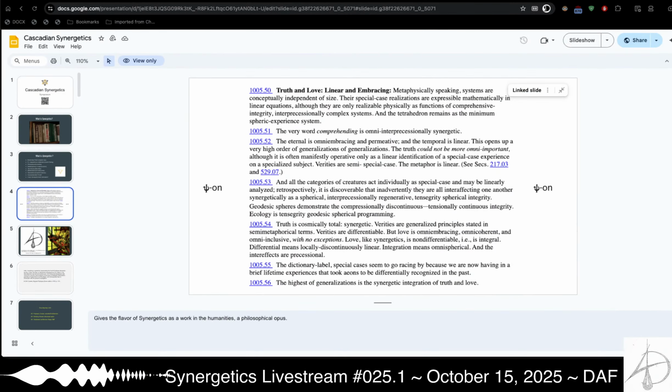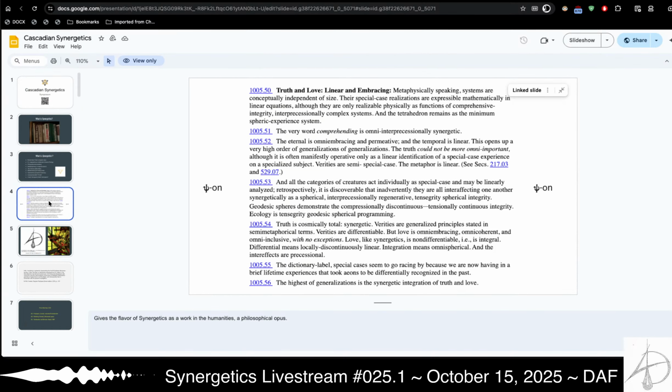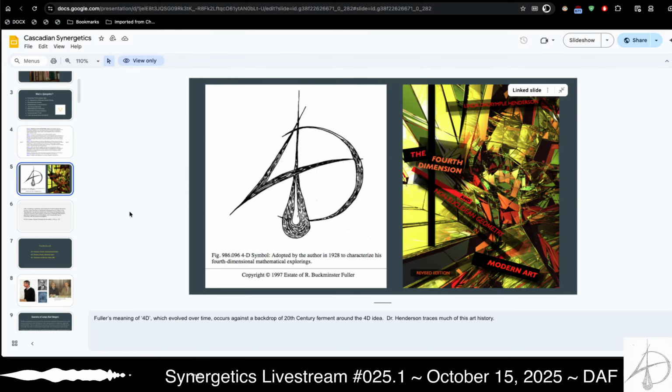So I'll try to go mainly vertically, though it's a little bit fun to explore the lateral directions. So that's what the work itself is. And this presentation, as the title would have it, is going to be about what is Synergetics, what is that technical essence, and then how does it relate to Cascadia? What are we doing out here?